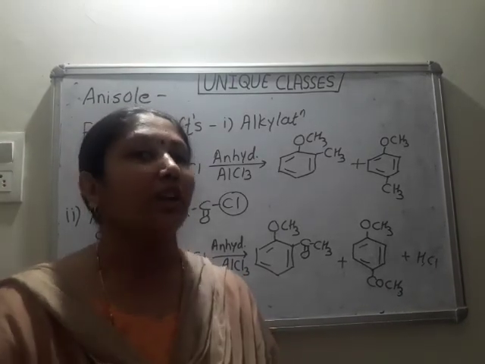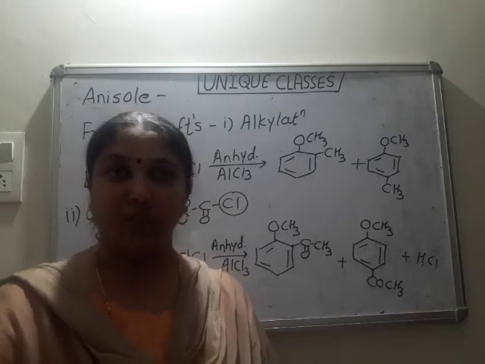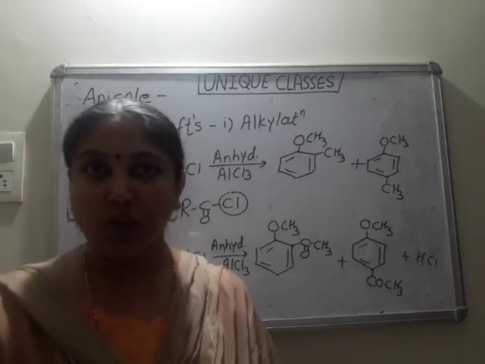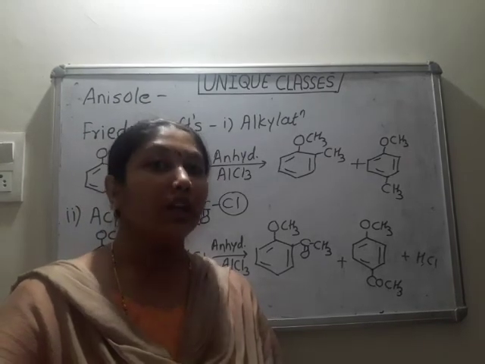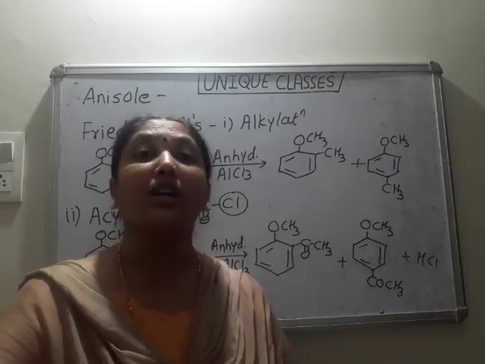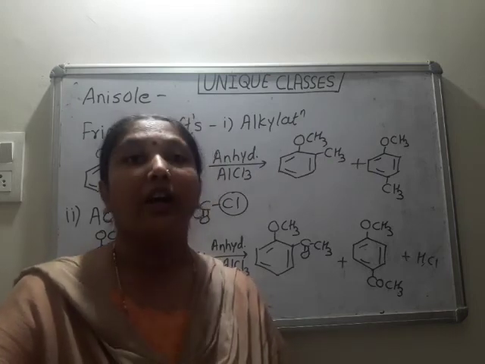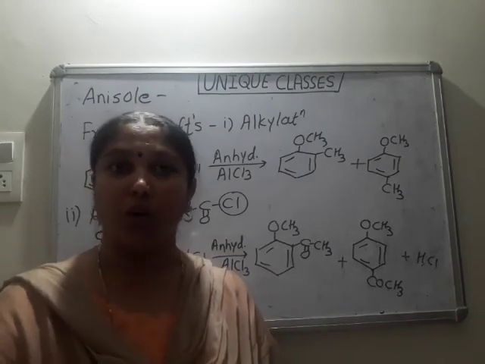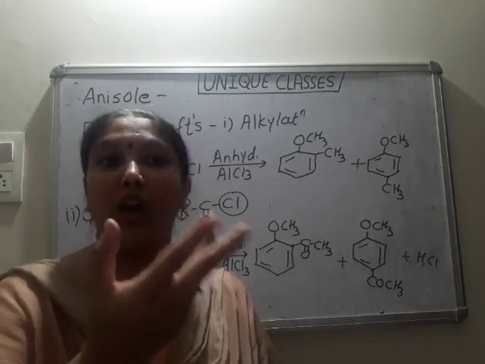A last point, that is the uses of these 3 substances. First, alcohol. Methanol is used as a solvent in different industries. Ethanol is used as an antifreeze agent. It is used as an alcoholic beverage. It is also used as a solvent. These are uses of alcohol. Second, after alcohol, phenol.